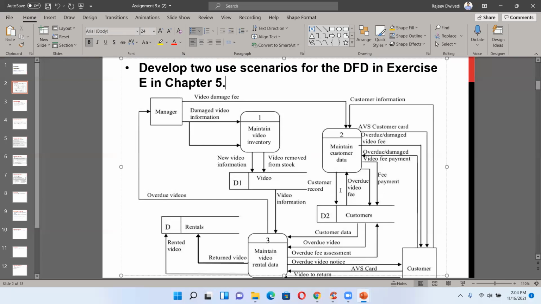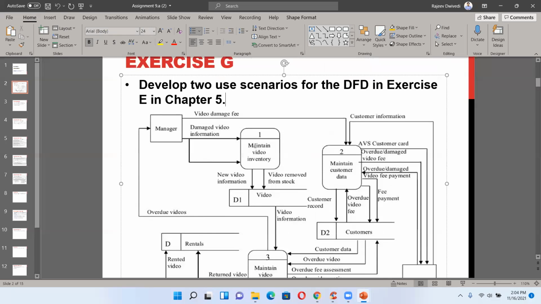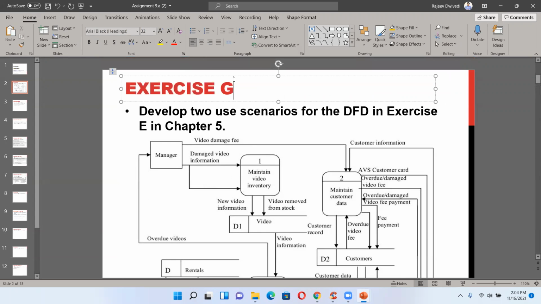Based on that, you are going to make 2 use scenarios for this DFD. So you are going to make user interface use scenarios for this DFD. But this case is back in chapter number 5, so don't get confused. This is exercise E of chapter 9. If you have a book, you just go back and forth and look into chapter number 9.